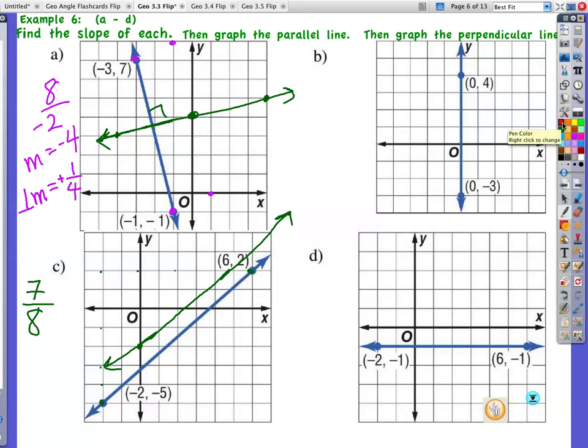If I wanted to make a line that was perpendicular, then I would have to have a slope of -8/7. Okay, so let's just pick right here. Rise -8: 1, 2, 3, 4, 5, 6, 7, 8, and then run 7: 1, 2, 3, 4, 5, 6, 7. Let's make the corner of the graph. If I make the line, oh my gosh, the original line here and the red line,